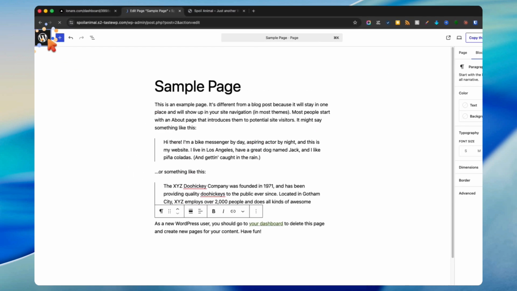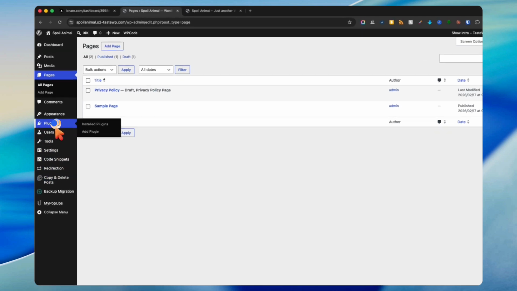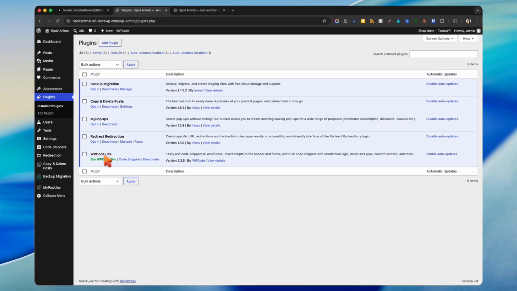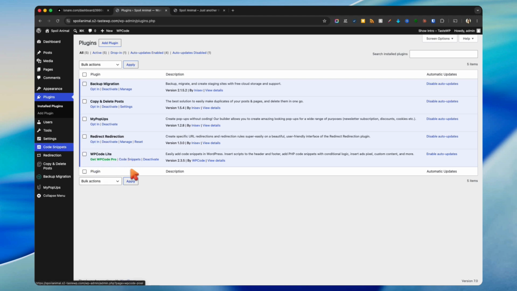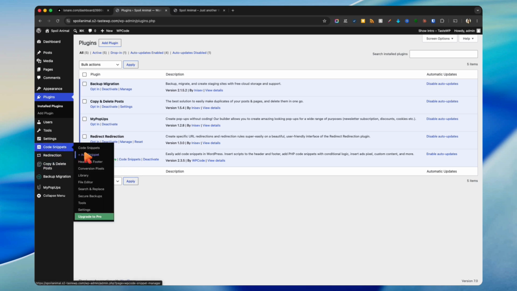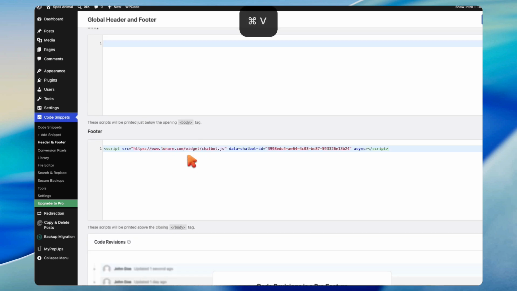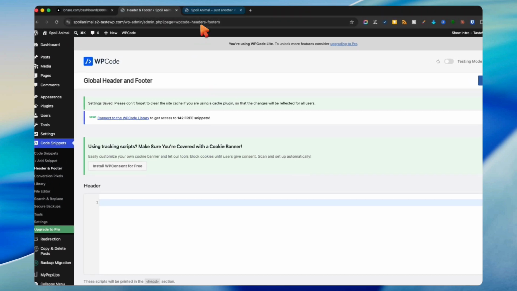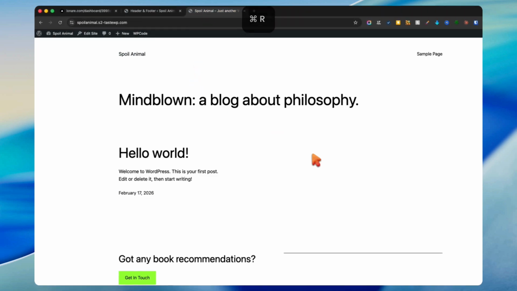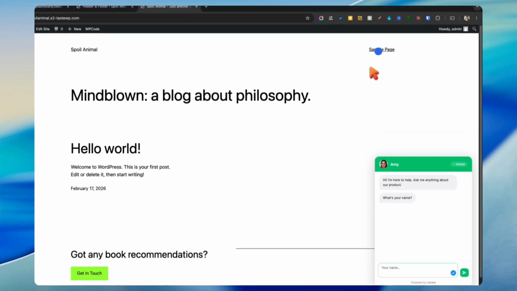And then we can go back, and what we could do is we could actually install a plugin called WP Code Lite. This is a plugin which lets you easily add code snippets, especially in the header and footers. Once you install this plugin, you go to code snippets and then click on header and footer. Here in the footer part, you just copy paste the script tag and then click save. Once that's done, you go back to your website and refresh it, and you will see that the chatbot is available on all of the pages of your